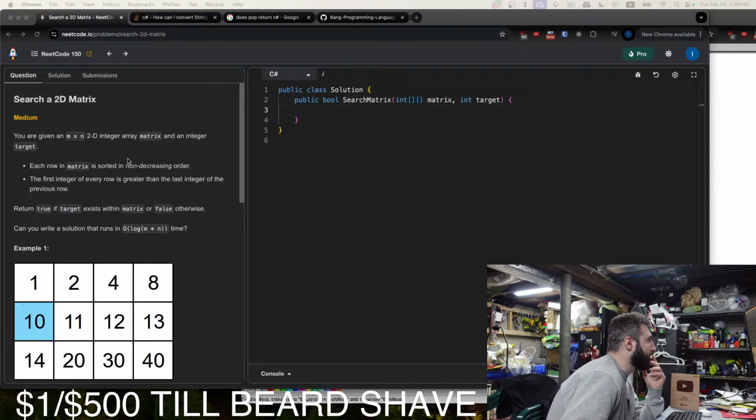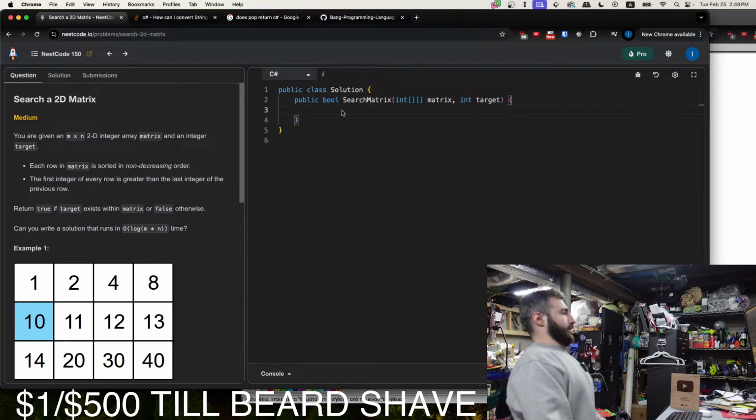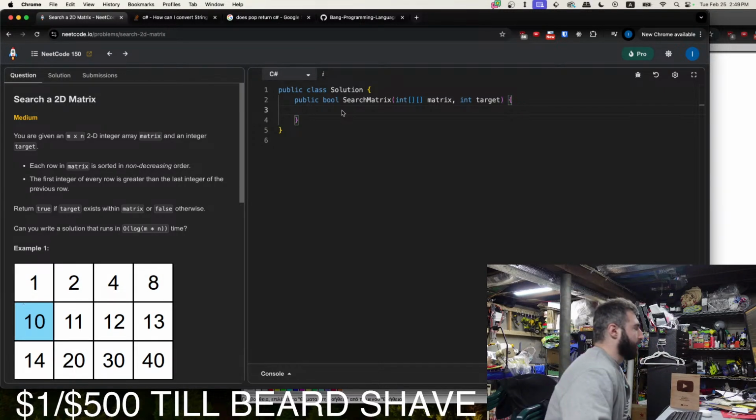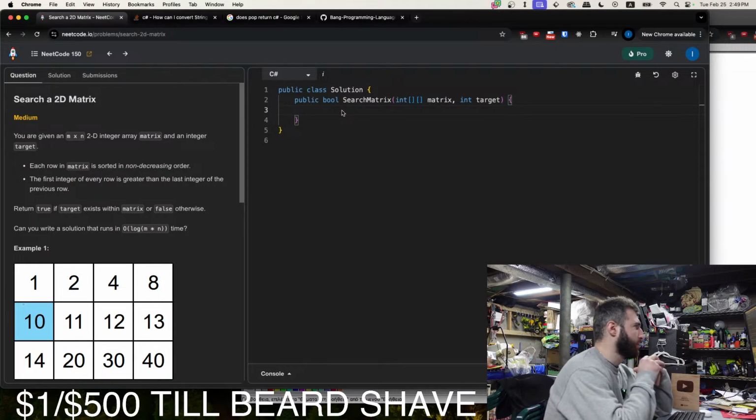All right, so this is a little trickier than the other one. So what is the difference? Because this 2D array could just be one long array.